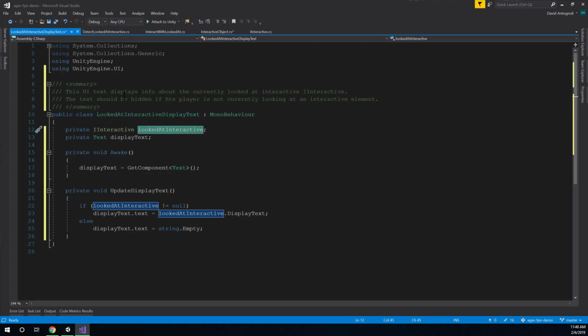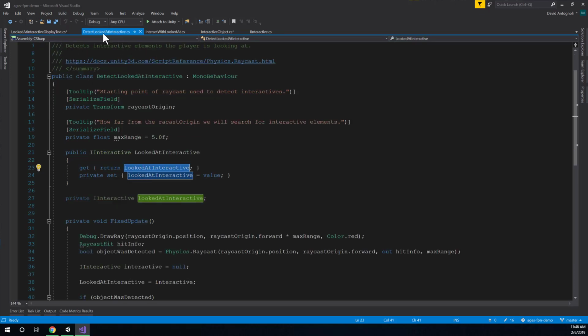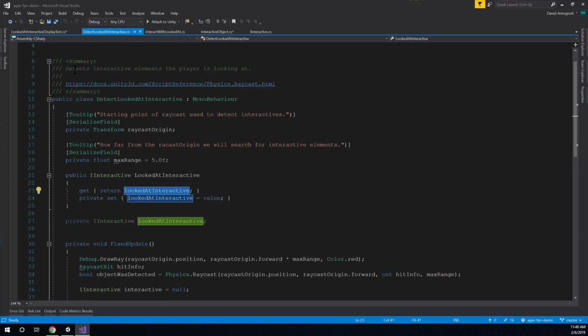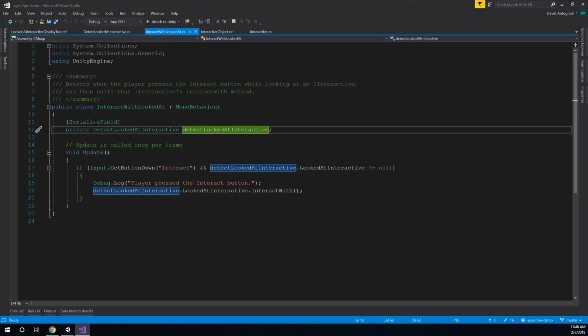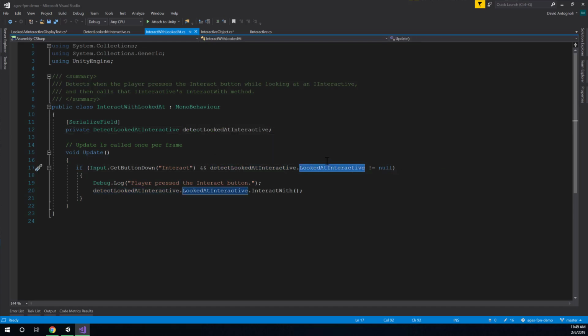Well, this other script here, the detect looked at interactive, this is our script that is in charge of detecting what the player is looking at, and it has this public property for the currently looked at interactive, right? We solved this problem previously by giving this other class that needed to know about that a reference to the other script, and then we could just look at that other script and see what its currently looked at interactive was. But remember,